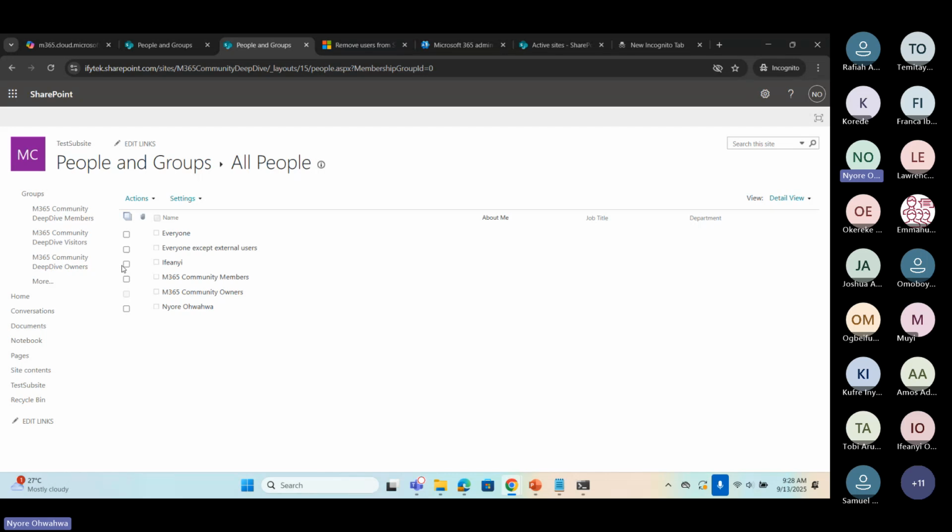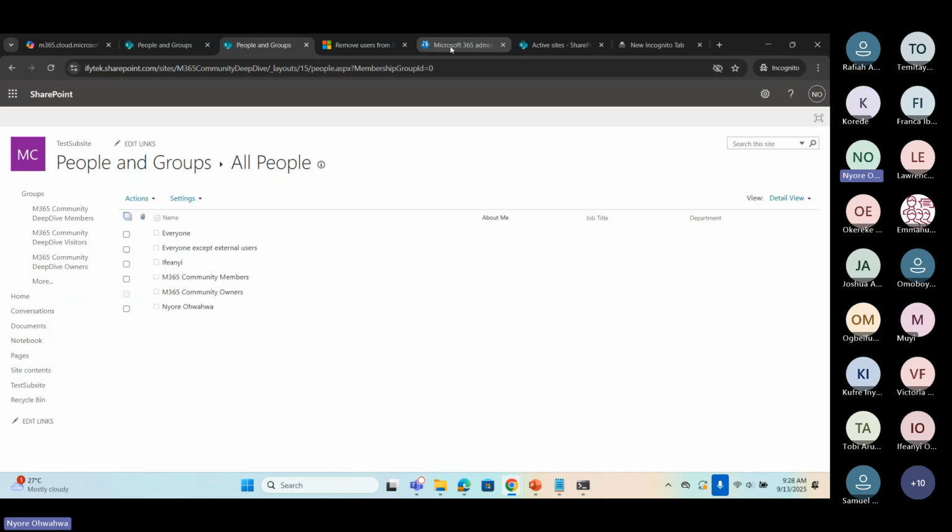I don't know if I mentioned earlier, for you to use SharePoint PowerShell, you either have to be a global admin or a SharePoint administrator. If you are not a SharePoint administrator, you cannot connect to PowerShell in the first place. A global admin has every other admin under them, including SharePoint. So that gives you the access to be able to connect to SharePoint PowerShell.